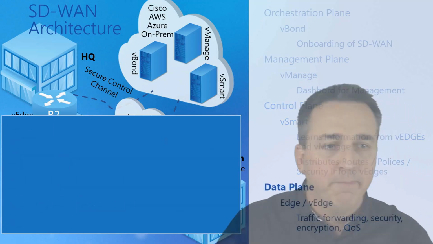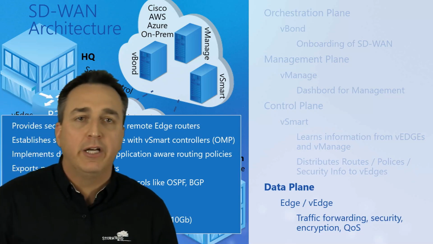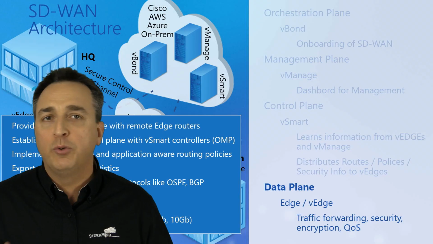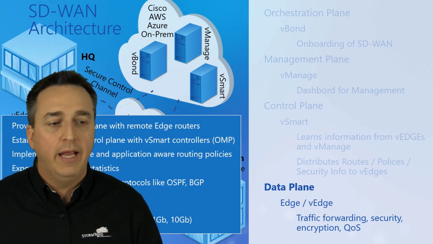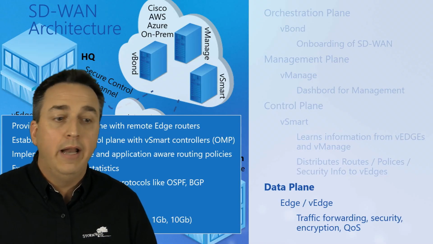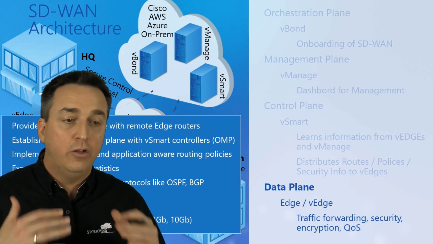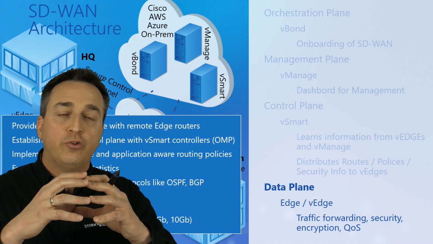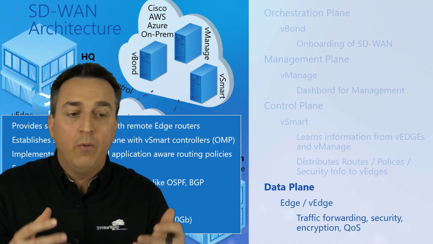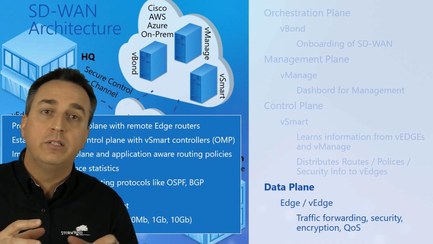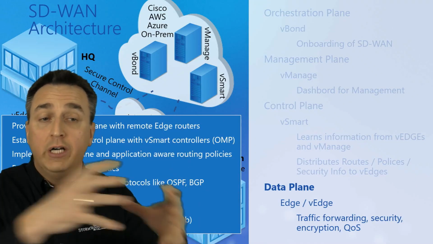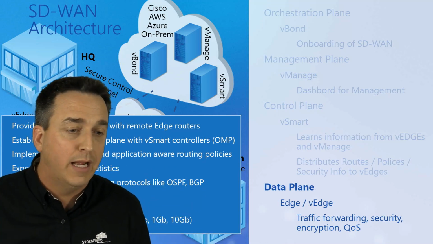All right, then we got our data plane. So the data plane is what? That's where you're going to have your physical edge devices or your virtual edge devices. So virtual edge devices could be, for example, a virtual router that is set up in the cloud in an AWS network or a Cisco network. So that way you can have your cloud infrastructure as part of your WAN architecture. So that way you are going to have the same policies on that WAN architecture in the cloud as you would in your headquarters and branch offices, as an example.